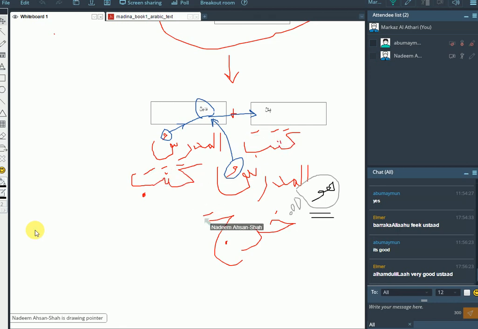Fi'l madi, they all look similar to this, although most of the verbs only have three letters, and three letters is enough for you to get on with. When you get to Madeenah book 2 or 3, inshallah, you have verbs which increase to more than three letters. No problem, you have enough to swim in, enough verbs to deal with for the time being. Verbs which are fi'l madi finish with a fatha. Okay? And if there are any exceptions to this, we'll be learning them later on, inshallah.